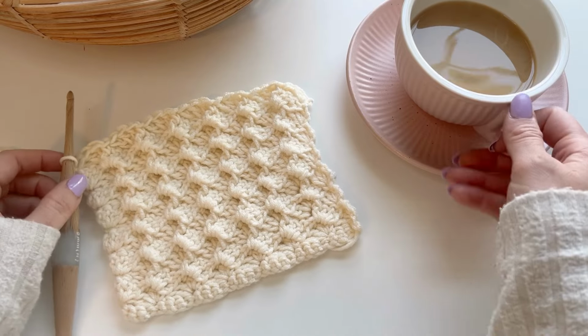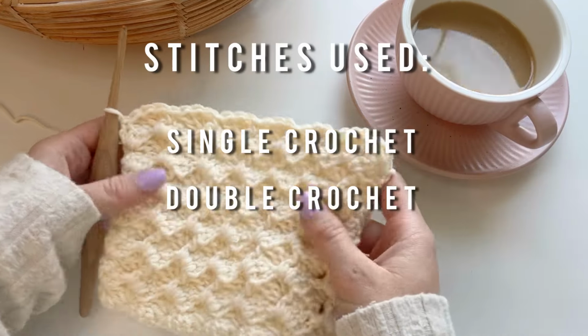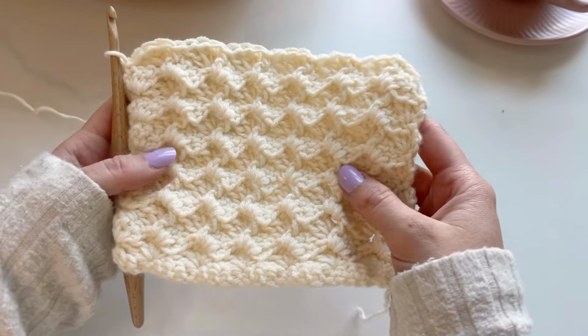I've been working on the square using the crochet ripple stitch. This is an easy 1-row repeat pattern. We will be using double crochets and front post single crochet. If you're familiar with the front post double crochet, it's basically the same thing except you're working with a